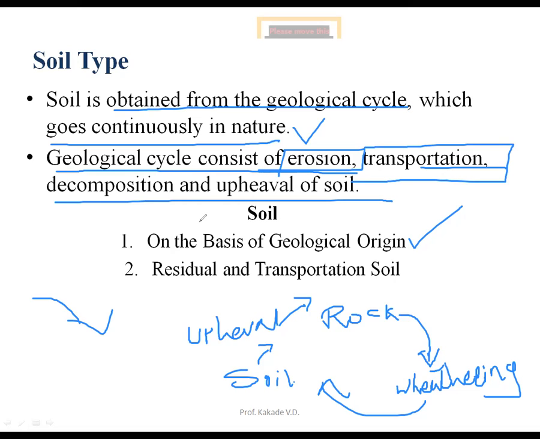Okay, so here, on the basis of geological origin, how this soil will form geologically from the rock. So rock is the parent material. On that basis, we are considering that the whole process has started. Okay, so here you could understand one thing,